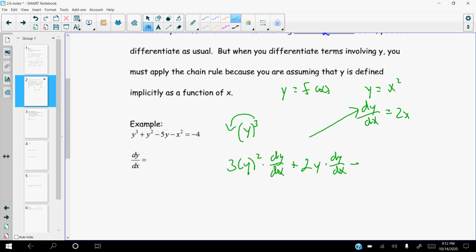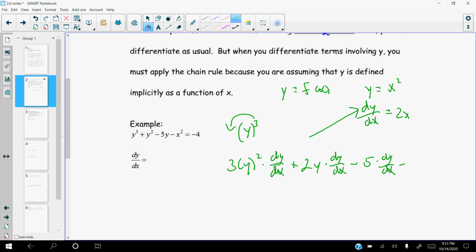Okay, and the next piece, 5y. Again, imagine that the y is in parentheses, so it would be 5. You would bring the 1 out to the front and multiply it by the 5. You would technically then have y to the 0 power, so really that goes away, times the derivative of y, which is dy over dx,